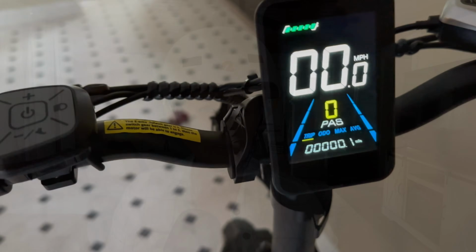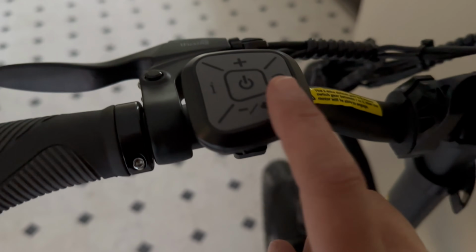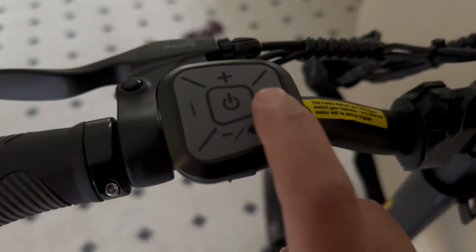The color display LCD screen is easy to read, and it will show you your battery level, current speed, walk boost, trip odometer, maximum speed, your average speed, your light on-off indicator, pedal assist indicator, cruise control,